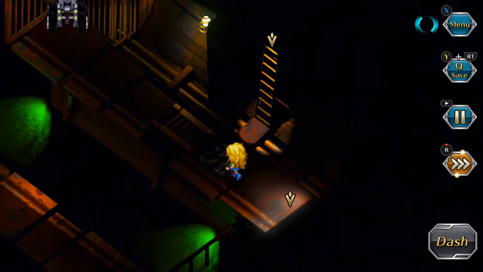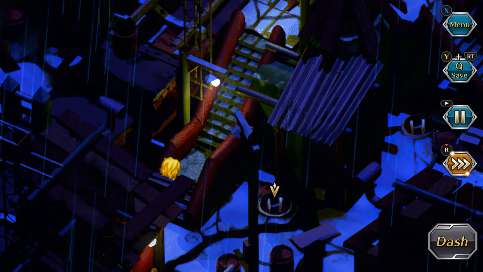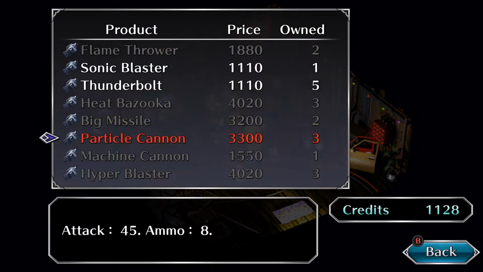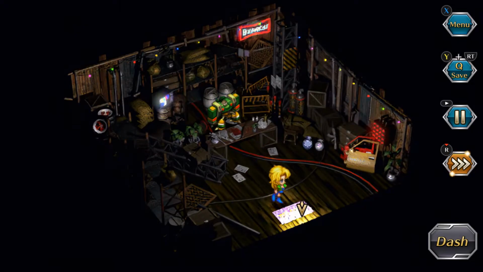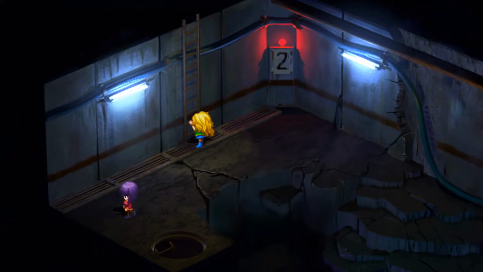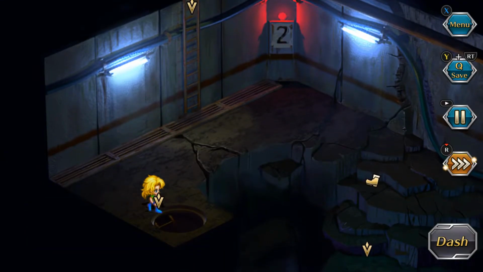I just bought a secret board from a random seller on the side of the road. Hey, that guy has a graphics card. There's a shop back here for heavy guns. This way. I like how the skeletons...